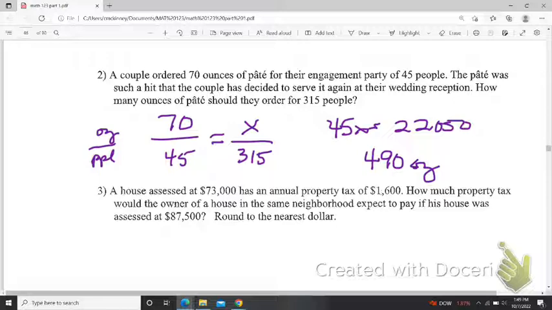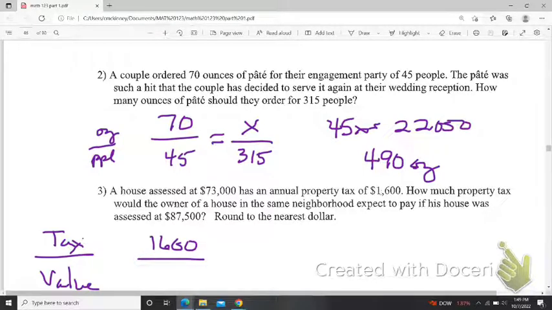And so if I think tax and value, if you want to write value on the top and the tax on the bottom, you can do that too, as long as you set both fractions, both ratios up the same way. So $1,600 on 73,000. How much, we don't know, is the tax if it's